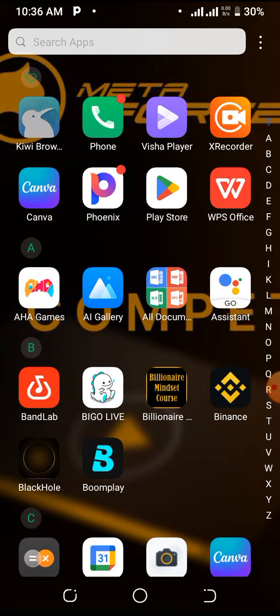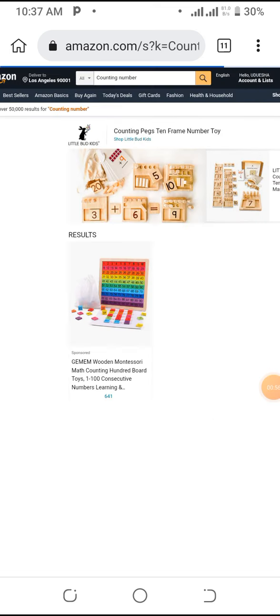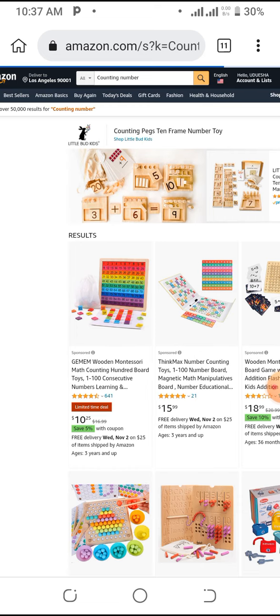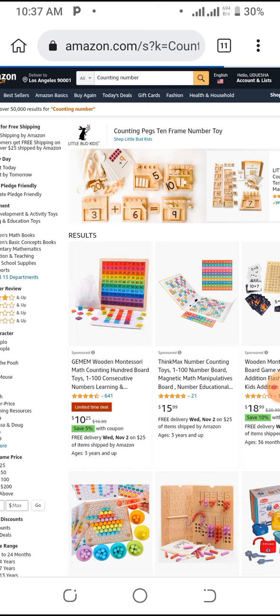So you click on your Kiwi browser, which is here, and today we want to work on counting books. When you click on it, it opens. The moment it opens, you click on that space bar, and once you open your Kiwi browser, you type on the space bar over there